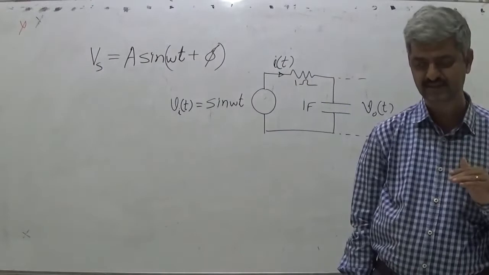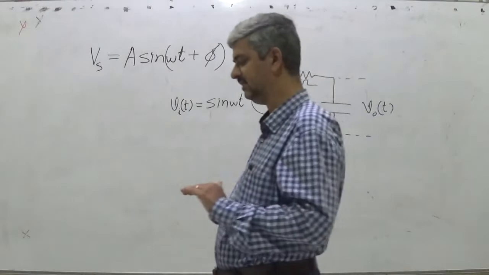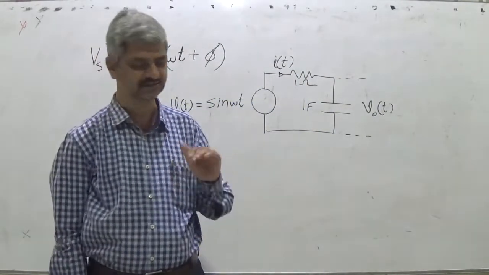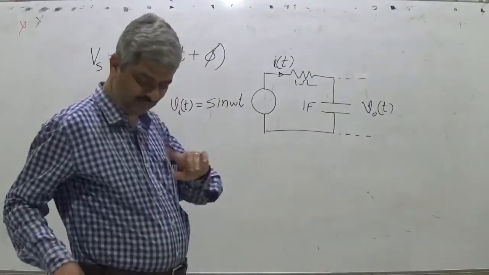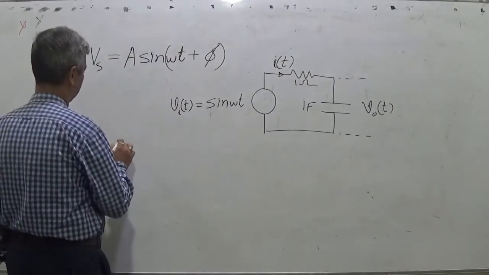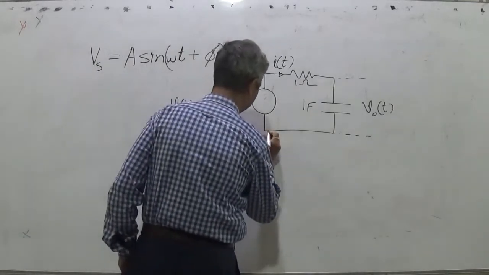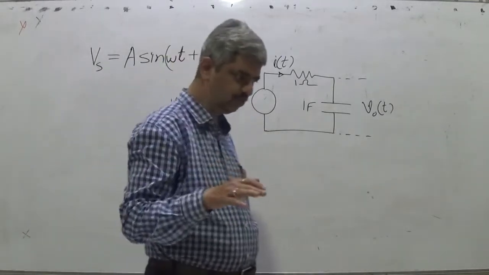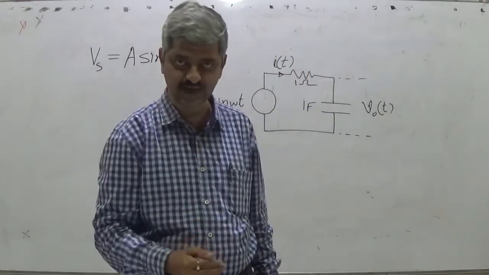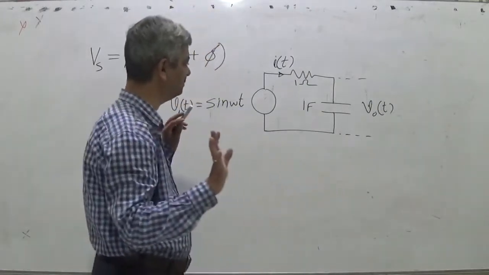So we are at a very simple state wherein we know that for a capacitor there is a differential relationship, and for a resistor there is a linear relationship. We have the concept of a capacitor. Now I will not give any hint. Those who want to try on their own should pause the video, try for some time, and then switch the video on again. So how do we proceed?